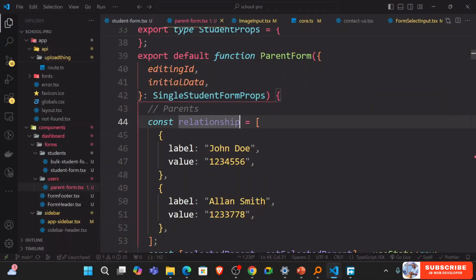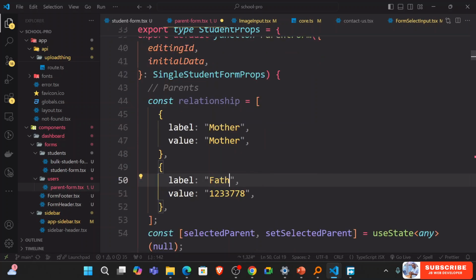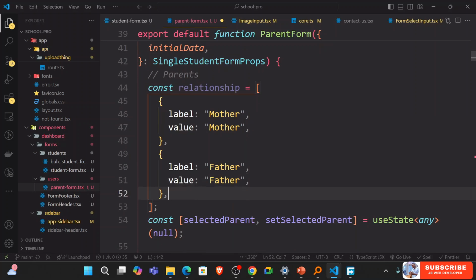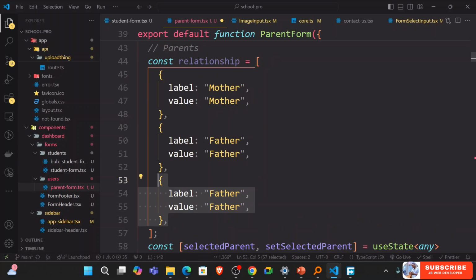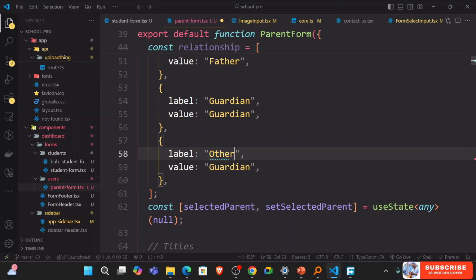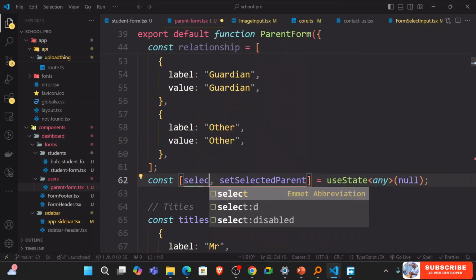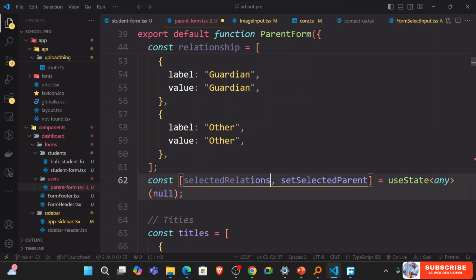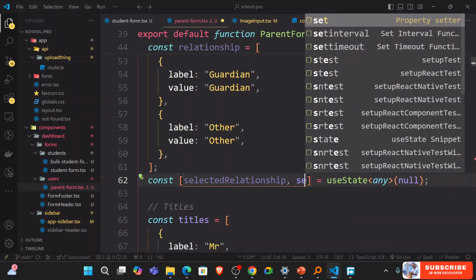So you're just going to have mother, and then you have father, and then we have the guardian, and then we have other. So you can say other, and then here is going to be selected relationship, set